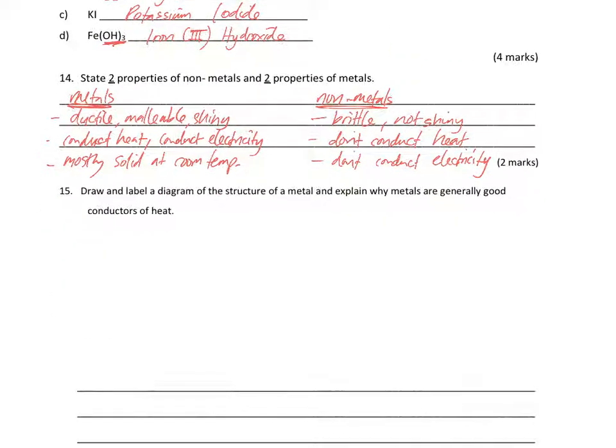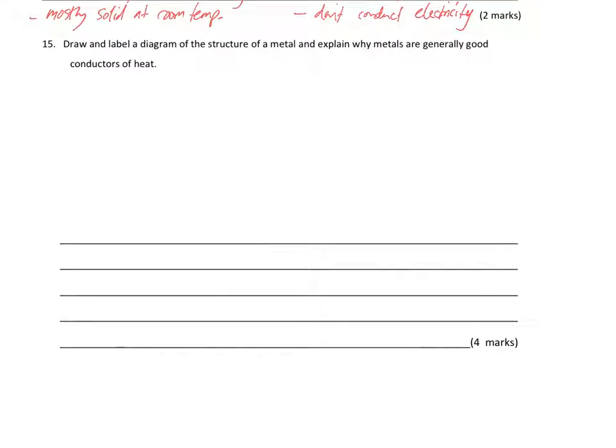Alright, and the last question: draw and label a diagram of the structure of a metal and explain why metals are generally good conductors of heat. So I think people forgot this because it was just part of one of the presentations. I didn't do a whole presentation on the structure and a diagram of metals, okay? So use this opportunity to understand it now. So metals, we've already said that metals don't hold on to their outer shell electrons well. So metals actually